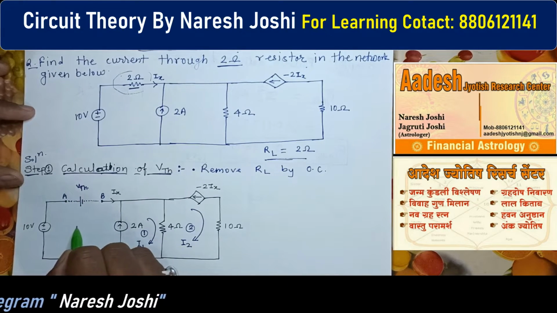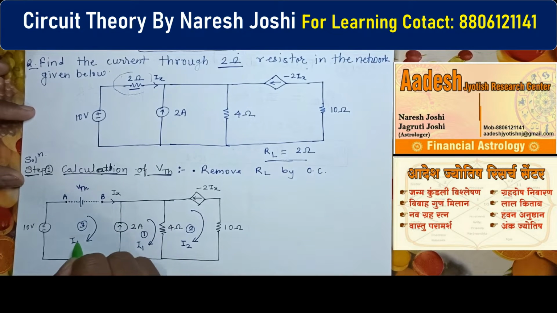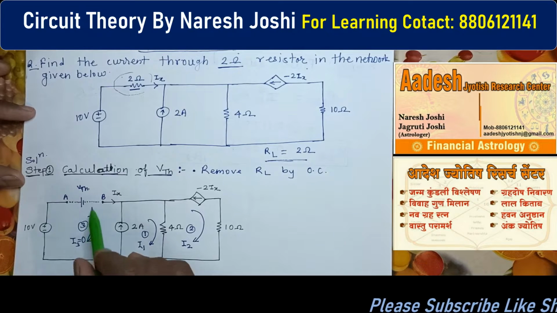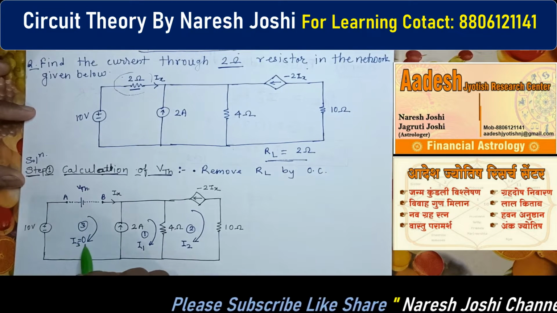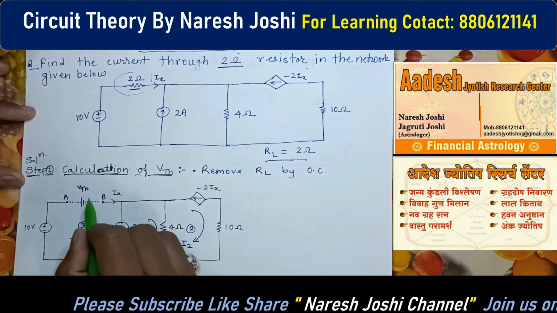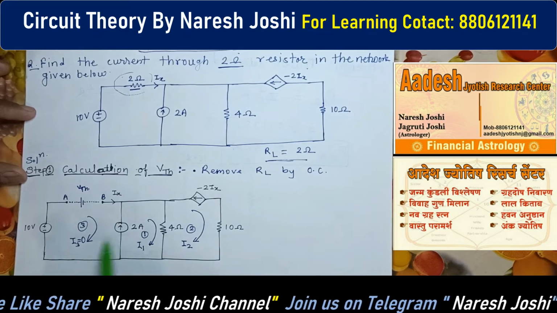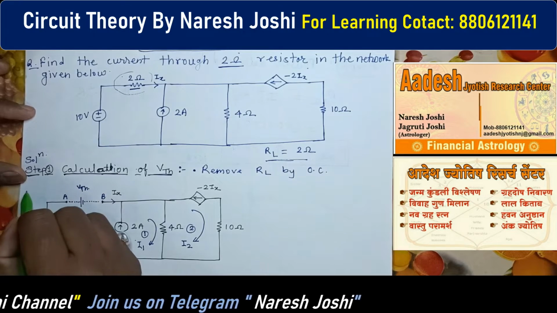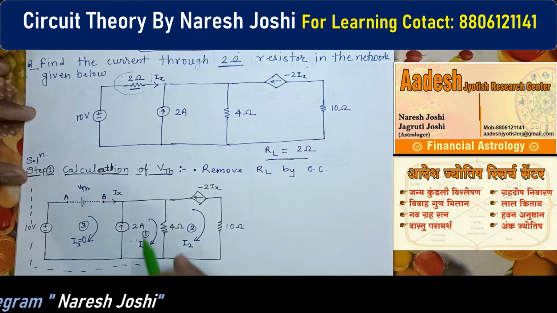I will consider this virtual open circuit as mesh 3, and the current passing through it is I3, but it is 0 because it is open circuited. For easy calculation I am considering this as virtually connected. I have mentioned here I3 equals 0, that means it is open circuited. Now this is our circuit. When the current source lies between the two meshes, we can say this is the super mesh, so we will mark it as the super mesh.